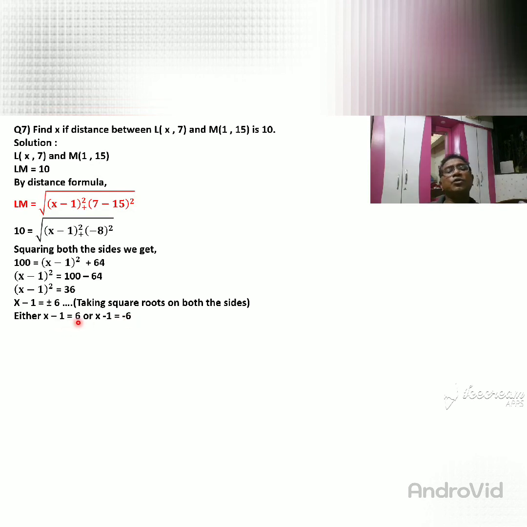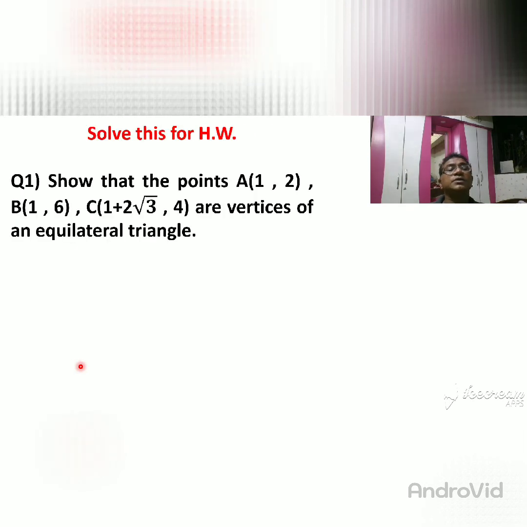When this minus 1 go across, it become plus, so 6 plus 1 is 7, so x is equal to 7 you are getting. When this minus 1 go across, it become plus, so minus 6 plus 1, sign is not same, subtract 6 minus 1, what is remain? 5, bigger number sign minus 5. So here you get plus 7, here you get minus 5. So that is shown here for understanding purpose. 6 plus 1 you are getting 7, and 6 is negative, 1 is positive, sign is not same, subtract 6 minus 1, what remains? 5. So 7 or minus 5. So you are getting that answer such a way.